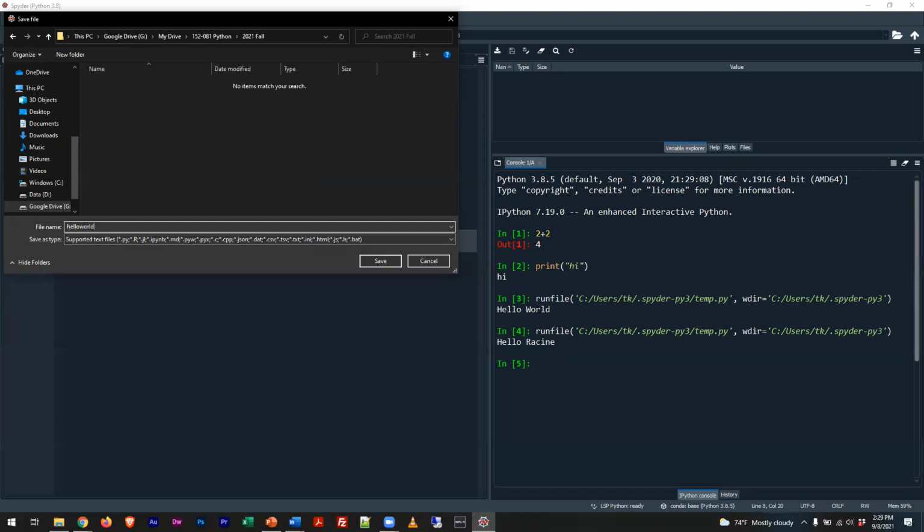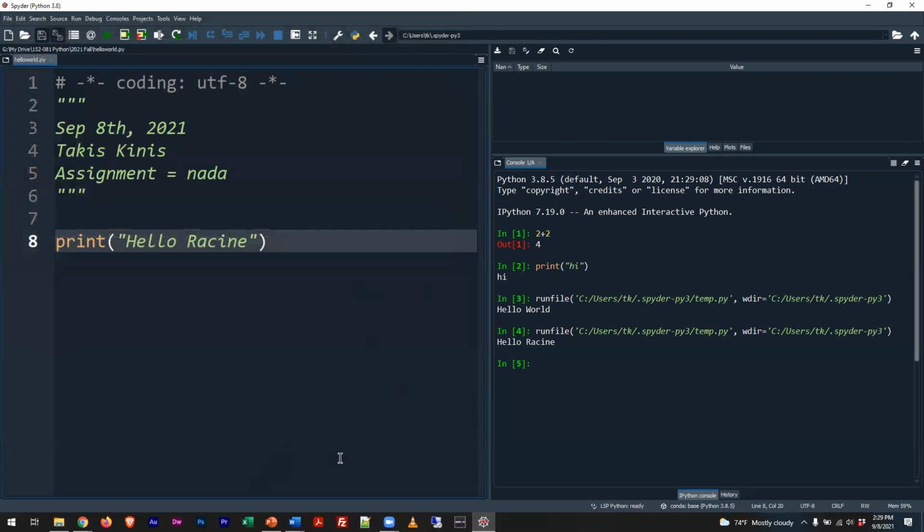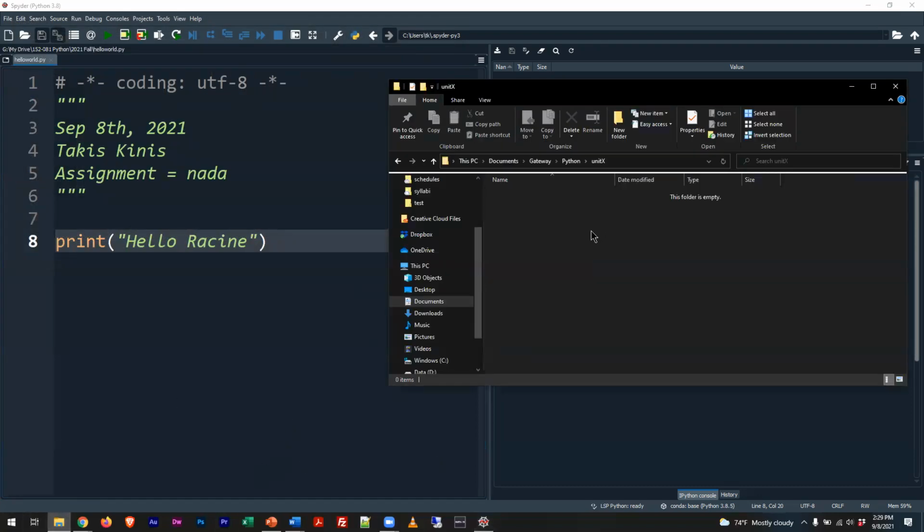You cannot count on the fact that a server will process a space in a file name correctly, so you should just omit them. It's really what it comes down to. And then I'm going to go ahead here and hit save. And then you'll notice if I go to that folder,